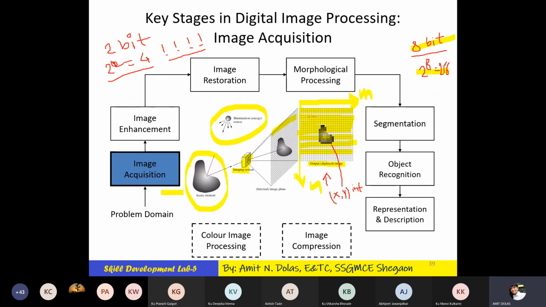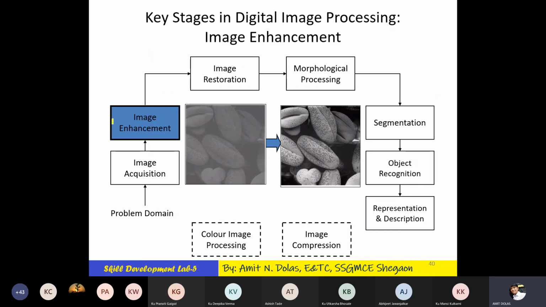So this image is what we captured and digitized. Then image enhancement: suppose the captured image seems to be like this, and you can see a lot of information is hidden in this image. To make it clearly visible, we do enhancement, and enhancement is nothing but contrast and brightness adjustment. Then we'll be looking at the code of all these operations, don't you worry.